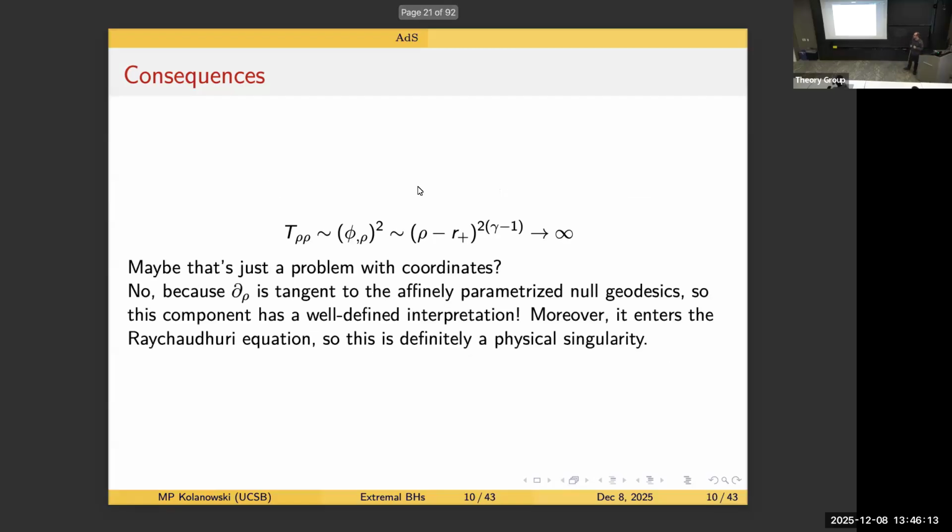But that's not really the case, because here this dd rho is tangent to the affinely parameterized null geodesic. So this is a component of the energy momentum tensor that has a very natural, well-defined interpretation. And moreover, exactly this component of the energy momentum tensor enters the Raychaudhuri equation that tells you how expansion of null geodesics behaves. And this expansion of null geodesics is something physical. So this thing is actually a physical singularity, even though it doesn't correspond to any